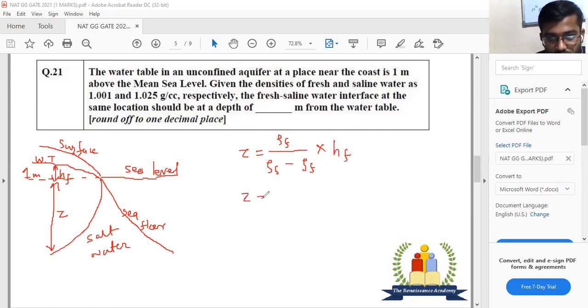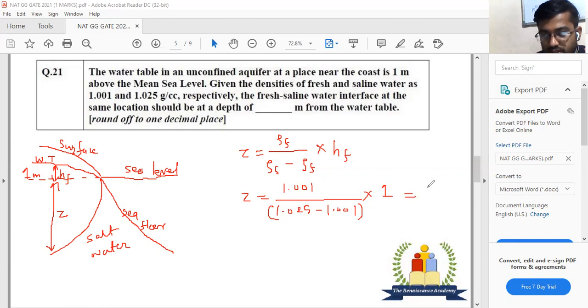So substituting the values, density of fresh water is 1.001, divided by density of saline water 1.025 minus 1.001, multiplied by hf, which is 1. So calculate this, you will get z is equal to